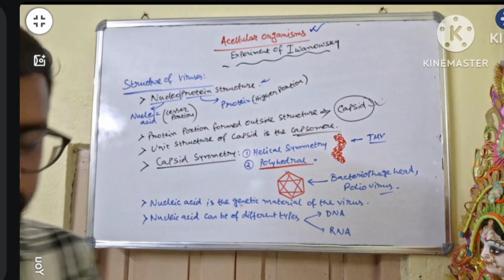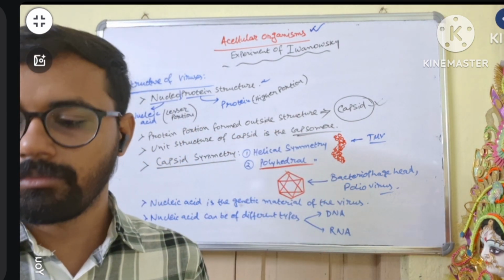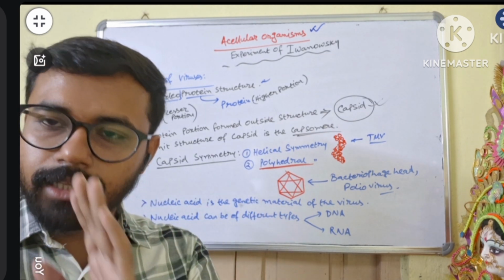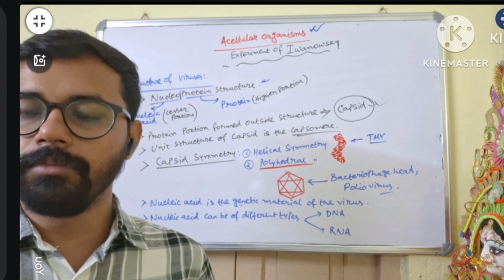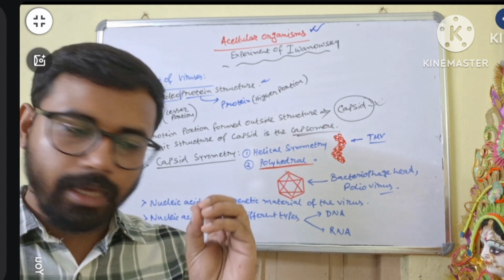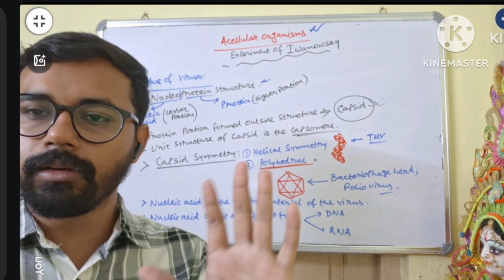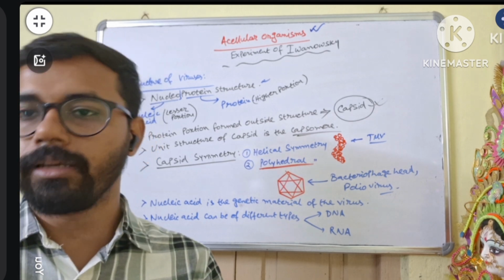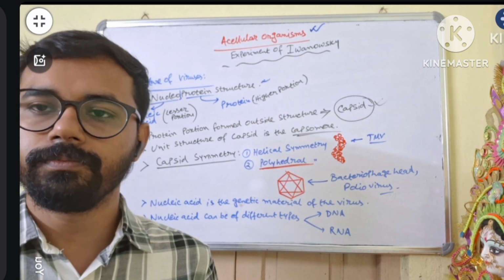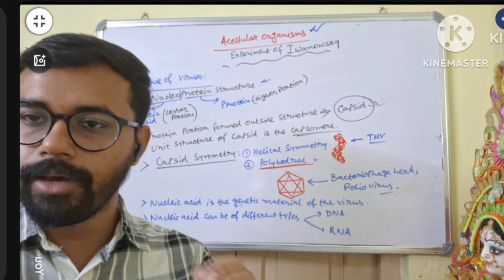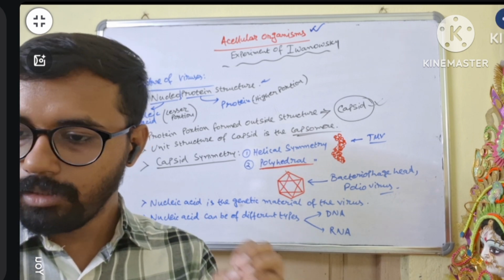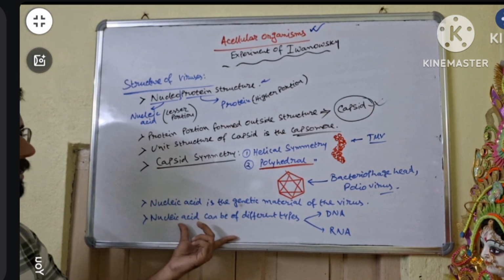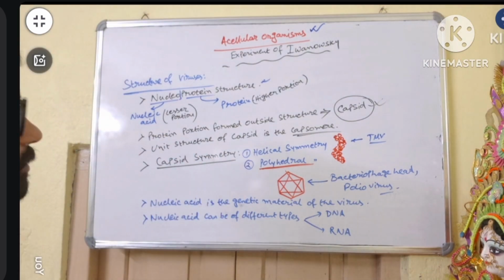So RNA is a genetic material found only in viruses, yes or no? Yes. Other than viruses, all other living organisms contain DNA in their structure, and also bacteria. No bacteria contain RNA as their genetic material. All bacteria contain DNA, even archaebacteria. But only some viruses have RNA as their genetic material. So, based on the nucleic acid type, viruses can be of different types.